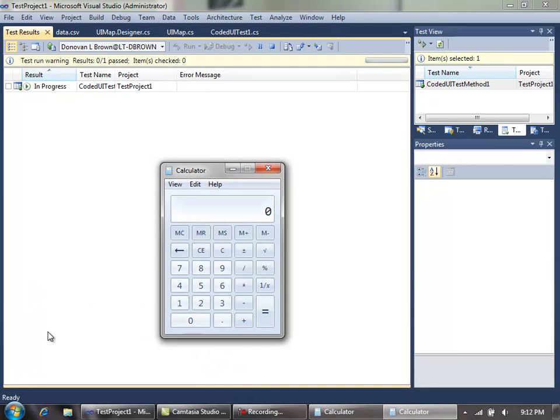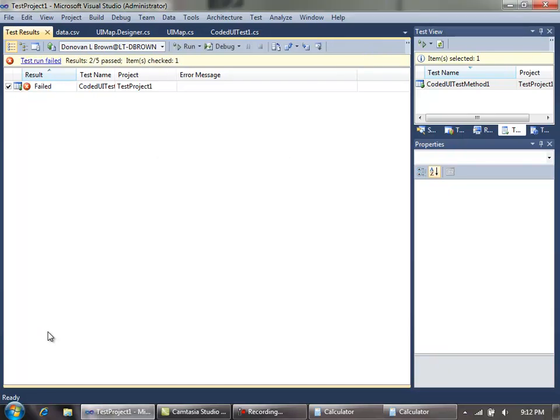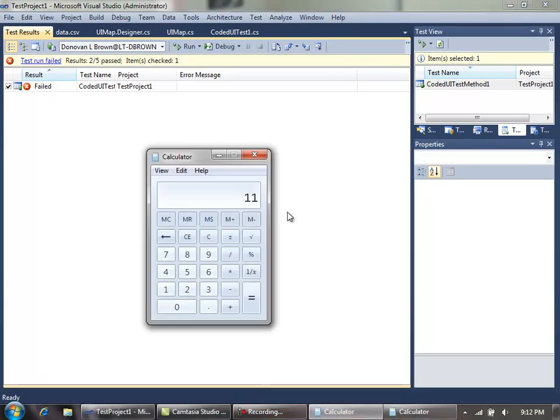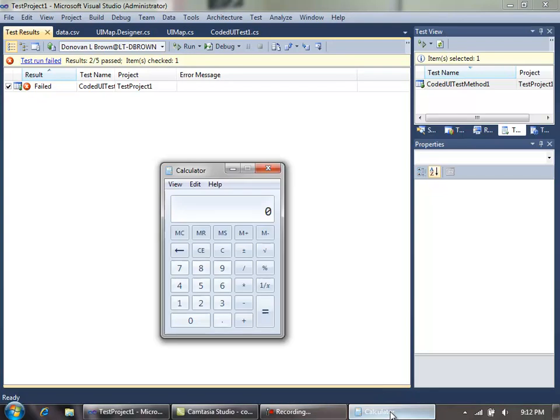So it's actually looking for a button named 10. There is no button named 10. There's a button with a 1 on it and a button with a 0 on it, but no button with a 10 on it. And as I mentioned earlier, we now have 2 calculators still running. One of them where the arithmetic was wrong, because that should have been 12, and one where it could not